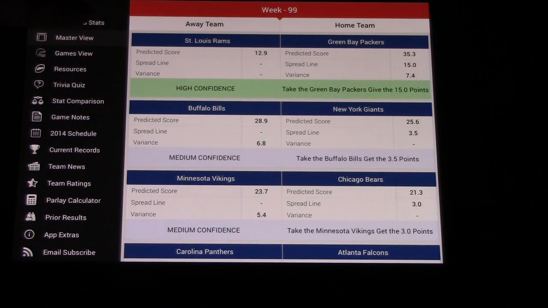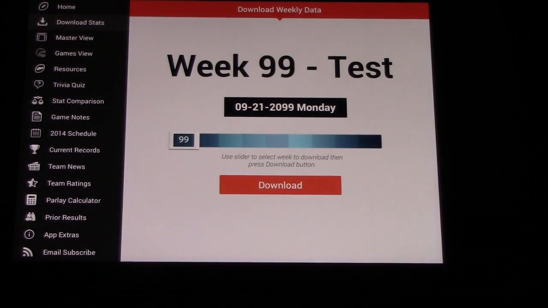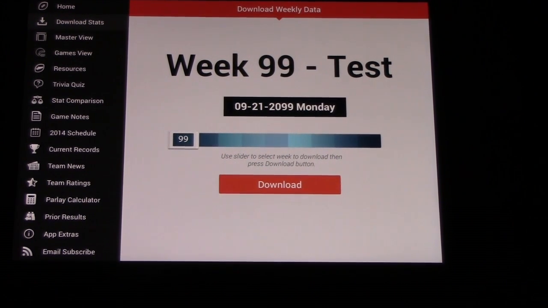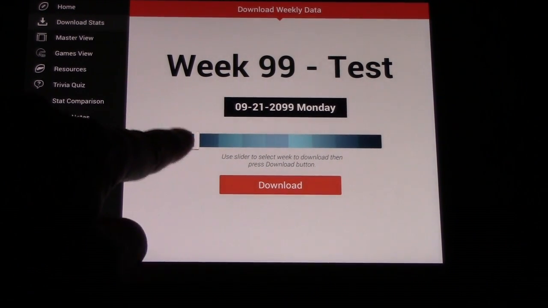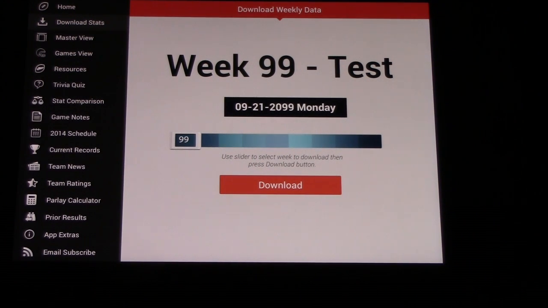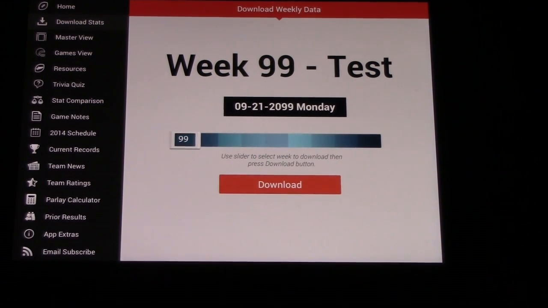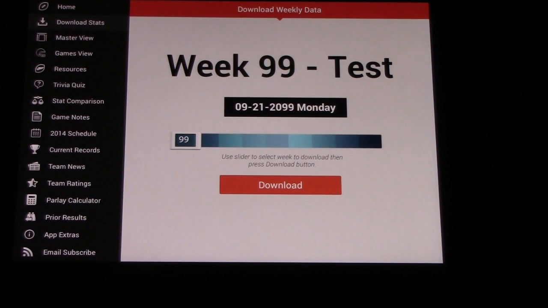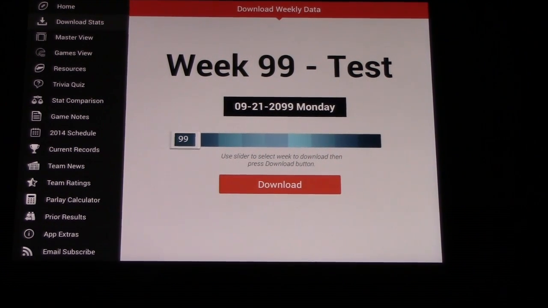Oh, one more thing. Go back to download stats. Every week by Wednesday, there's going to be new week information there for you to download. So you'll just take this little slider, move it to the right, and there'll be week 3. Actually, the first week of the season is going to be week 3. And there'll be week 4, and like I said, all the way to week 21, which happens to be the Super Bowl. So you get a whole season of information on Football Forecaster,